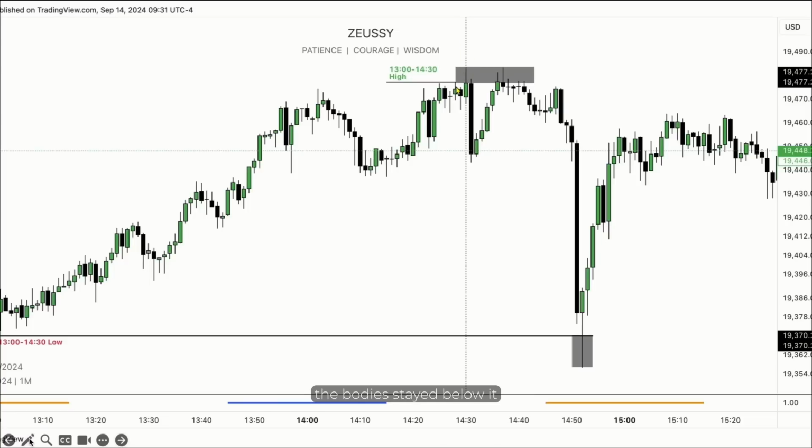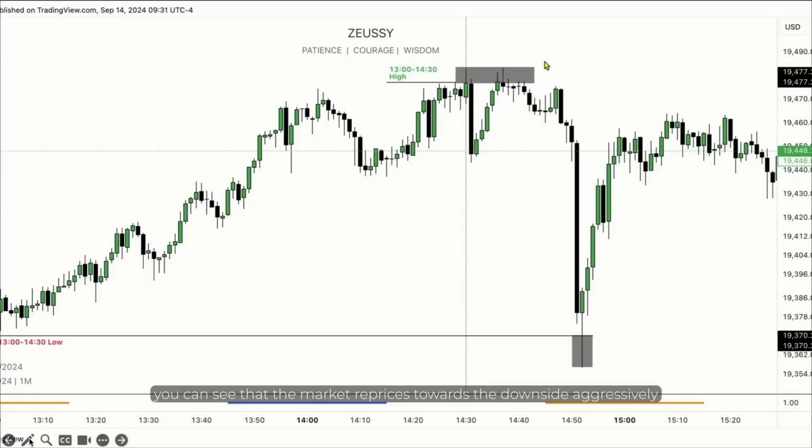The bodies stayed below it. And that's significant because it shows that price is being held inside the range of the previous cycle. The wicks do the damage, the bodies tell the story. Eventually what occurs during the next macro, which is from 2:45 to 3:15 PM, you can see that the market